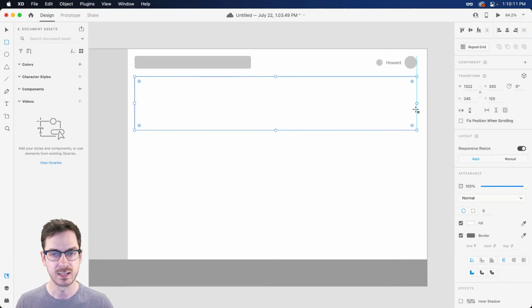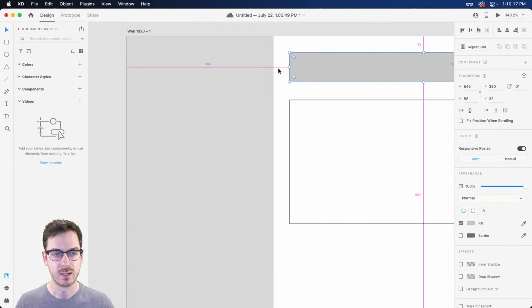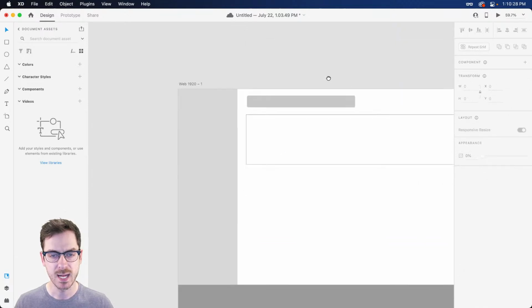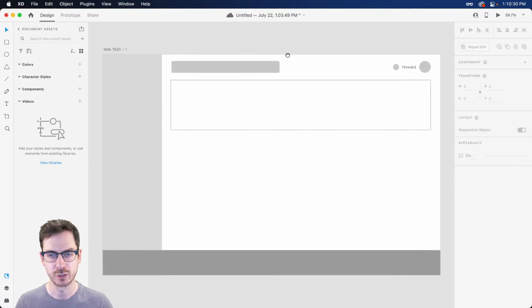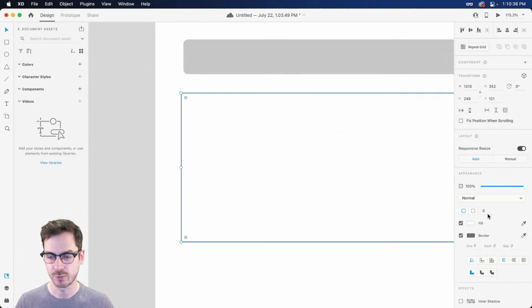Now, one thing I'm noticing is, over here to the right, I have about 48 from the right, but over here, I have 32. So we might want to make this consistent just by bumping this over to about 48. And we can probably keep the top padding about 32. That should look okay. All right, so we've got our block, and we're going to make it also consistent by rounding out the corners about 8 pixels as well.